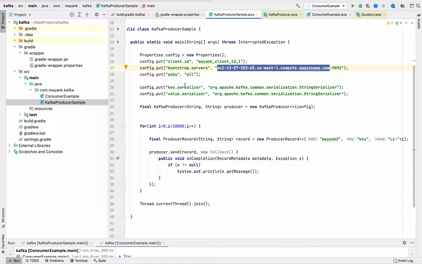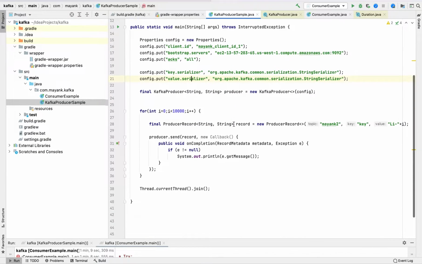And then we have key serializer and value serializer. All these properties that I am showing are mandatory. If you don't provide them, it will definitely not work, because this is the minimum mandatory configuration that the producer config will need. After just adding these properties, I'm using string serializer for the key and value serializer also a string, and then I'm creating an object of the Kafka producer